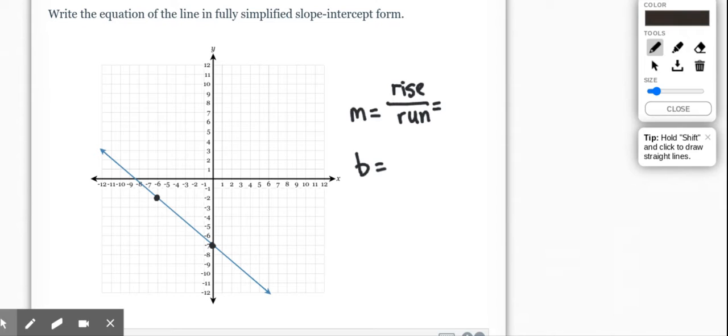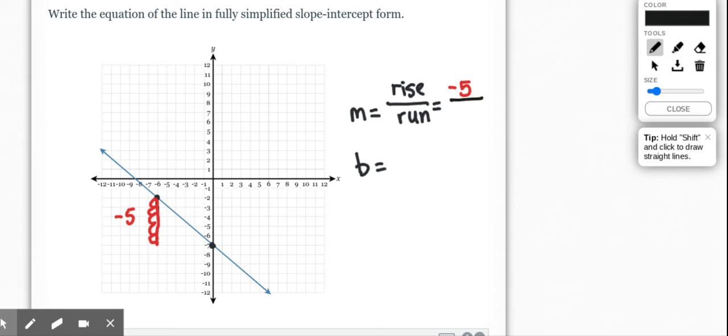So from my first point, I have to go down. Whoops, I didn't change color there. Thought I did. I have to go down, so I'm going to go down and count. 1, 2, 3, 4, 5. So I went down 5, so that's -5. So my rise is a -5